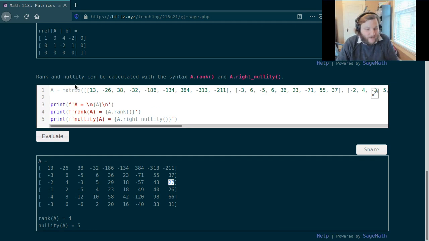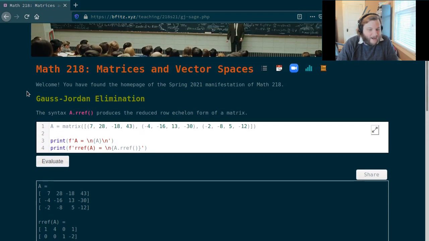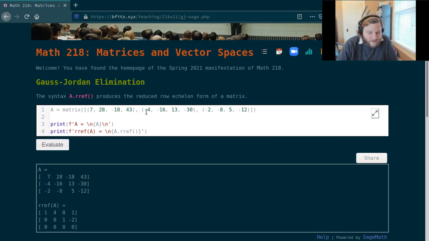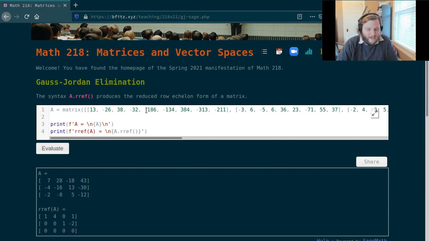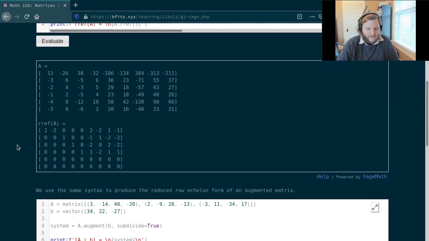If I wanted to, I could cut this matrix and go back up to my first cell here and paste it in. And if I click evaluate, it should give me that matrix and its reduced row echelon form. Yep. So here we have that terrible matrix I was just looking at. And here's the reduced row echelon form. We see that there are 1, 2, 3, 4 pivots, which confirms that the rank is 4. And then there are 5 non-pivot columns, so the nullity is